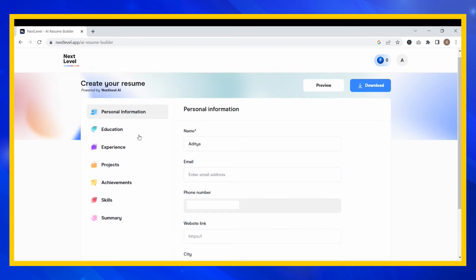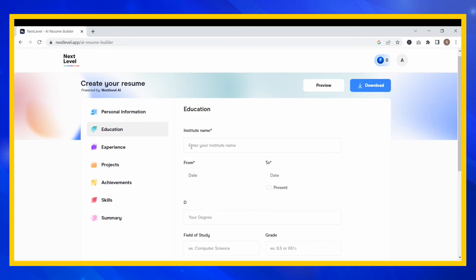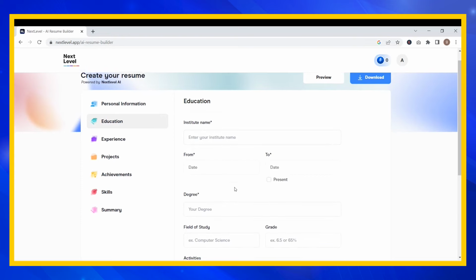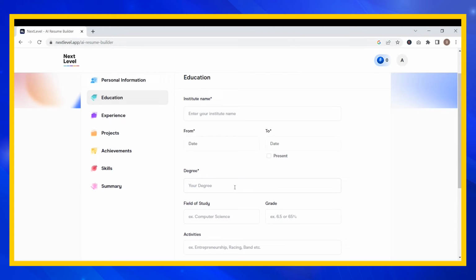Once you are done with your personal information, let's move on to the education tab. In the education tab, you don't need to provide your complete education like your class 10th, intermediate, degree, and masters. Just provide your highest education, which might be your bachelor's degree or master's degree. You need to provide your institute name, the date you started and the date you completed. If you're still studying, for example, BTech students who are in the third year or fourth year and are looking for a job,